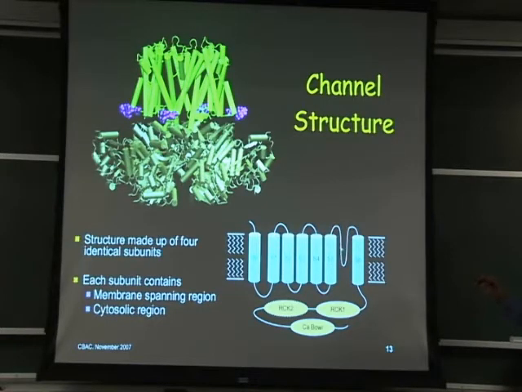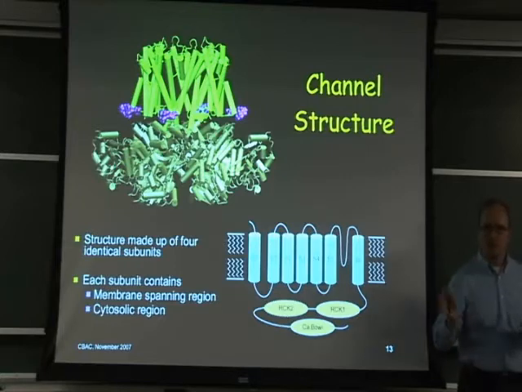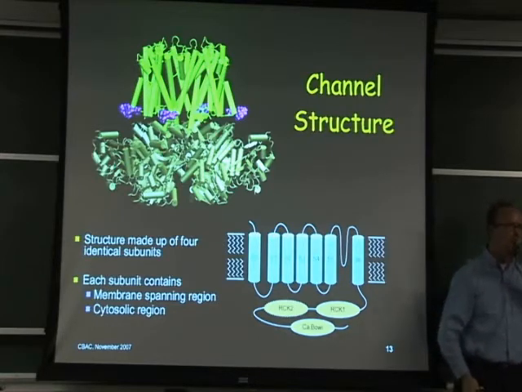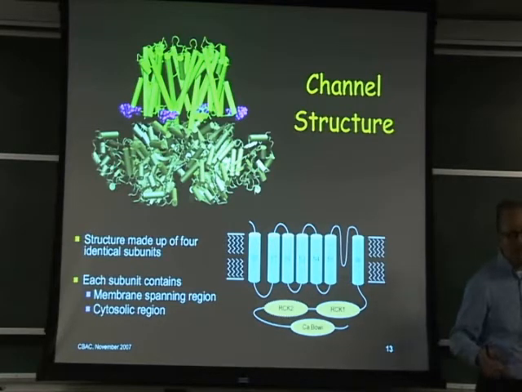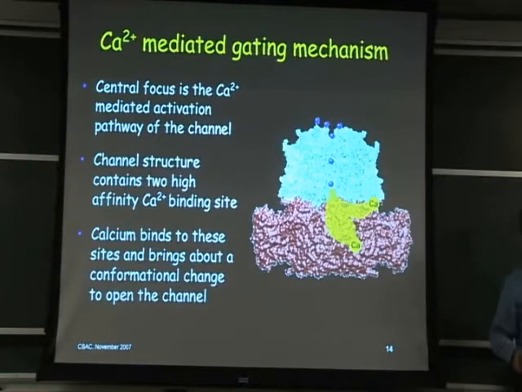Okay. So again, here's our kind of secondary structure motifs. It's made up of 4 identical subunits. We're only looking at the alpha subunits. Function is obviously also moderated, or controlled somewhat, by additional beta subunits. And we're going to be focusing primarily on this cytosolic domain. Okay? And apart from all of the different functions we can look at, we're going to look primarily at the pathways associated with calcium-dependent activation.